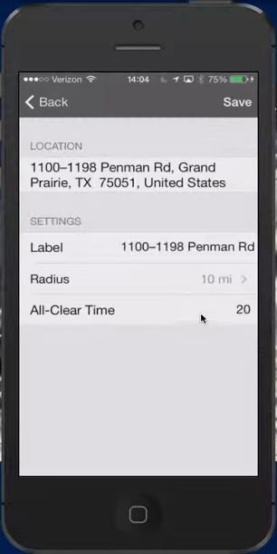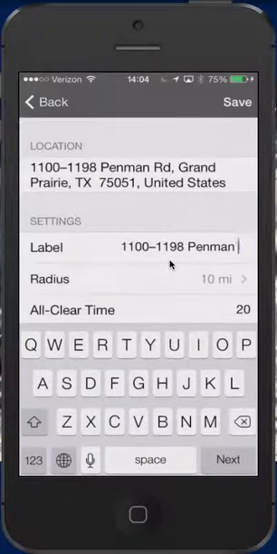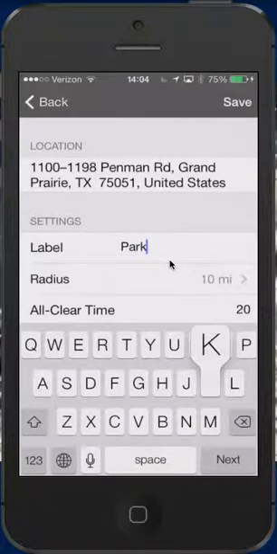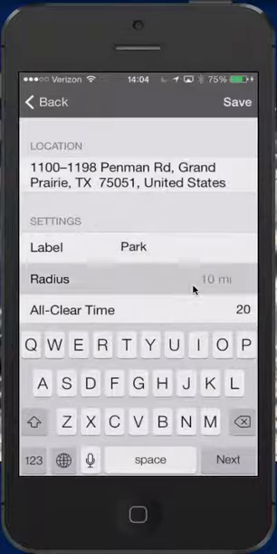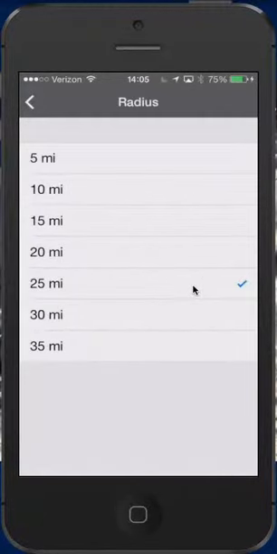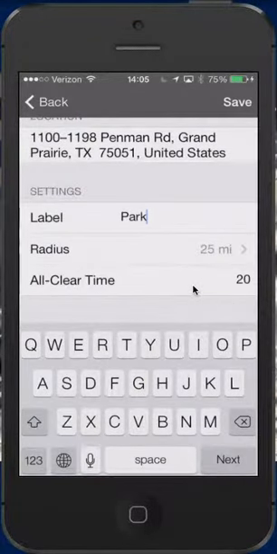And under this, you will be able to change the label or the name of that location, and we can do that right here. So let's go ahead and change that to anything. We could change it to soccer park, we could change it just to park or tennis courts or stadium, etc. Then we can also change the radius size. Let's change that to 25 miles. And then we can also change the all clear timer, and this is in minutes, so let's just put it at